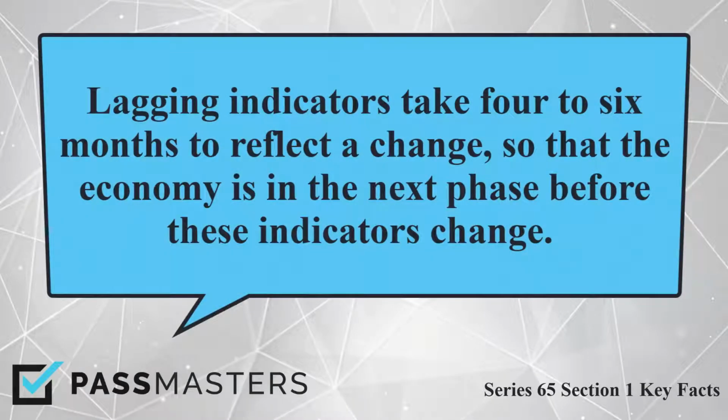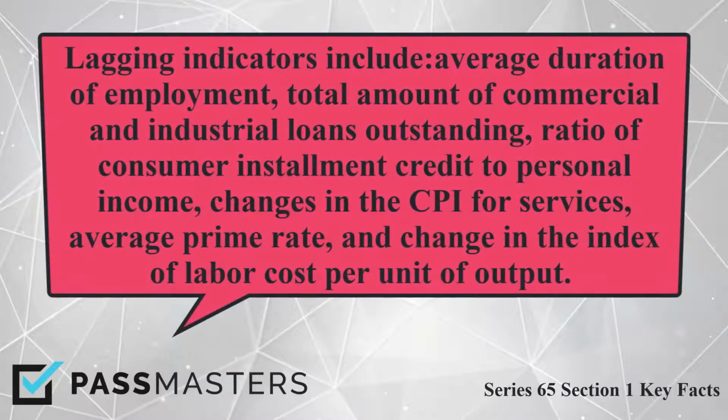Lagging indicators take 4 to 6 months to reflect a change, so the economy is in the next phase before these indicators change. Lagging indicators include average duration of employment, total amount of commercial and industrial loans outstanding, ratio of consumer installment credit to personal income, changes in the CPI for services, average prime rate, and change in the index of labor cost